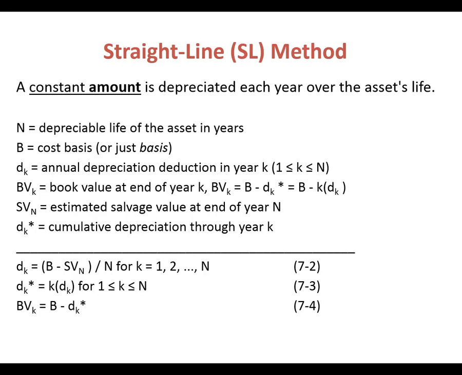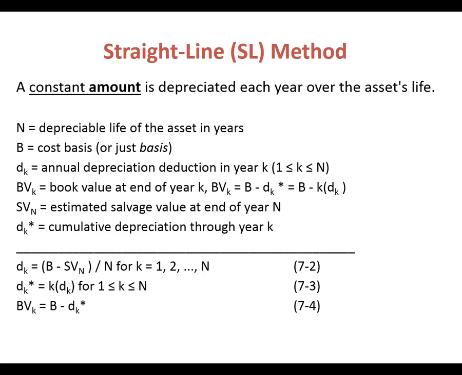Basically, this formula for the depreciation in a certain year says that you find the difference between the book value and the salvage value. So how much you paid originally minus how much you're going to sell it for when it gets melted down for scrap. The difference between the two is divided by the number of years. So every year is going to have the same amount of depreciation. The cumulative depreciation is the number of years that have occurred multiplied by the depreciation in each year. And then the book value is the original purchase price minus the cumulative depreciation.